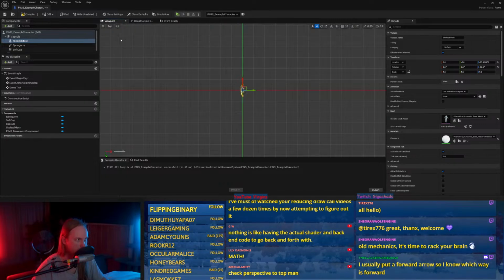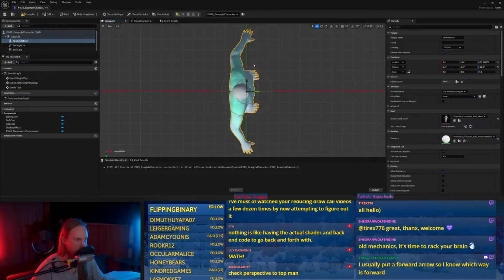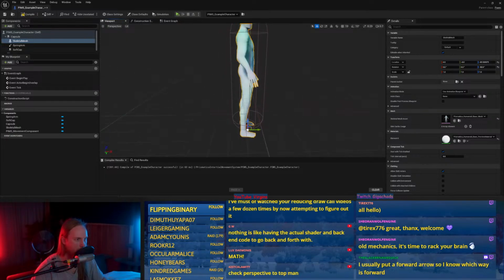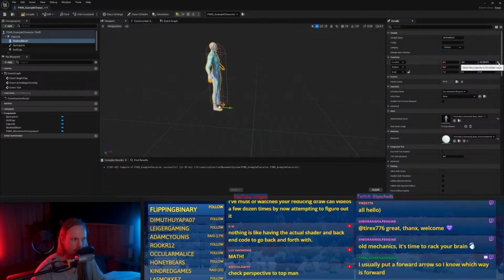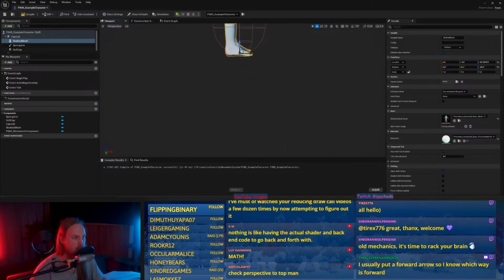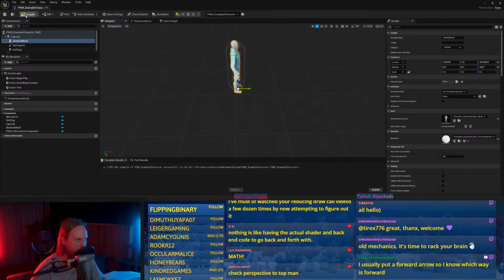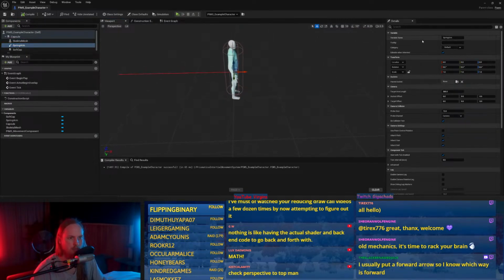Yeah, true. Check top perspective. That's true. I mean, yeah, kind of. He's just got funny posture. I guess. I mean, yeah, his feet are in the center. Like the center of his feet. I don't know. I feel like they usually... You know, I'll just chuck him forward a tiny bit. It doesn't actually matter, because he'll be rotating around that point. Yeah. So then spring arm and so on.